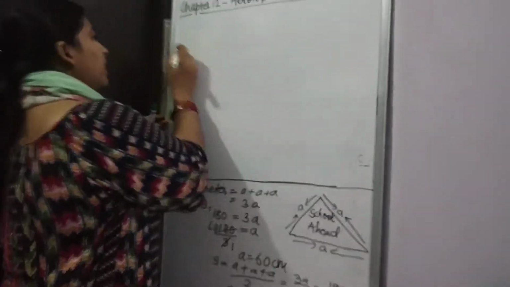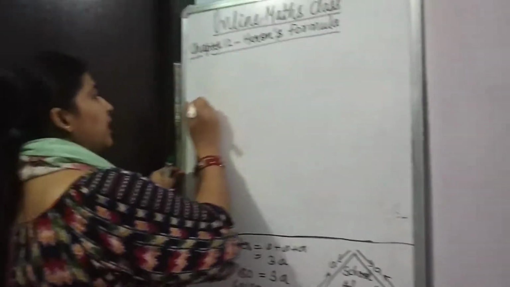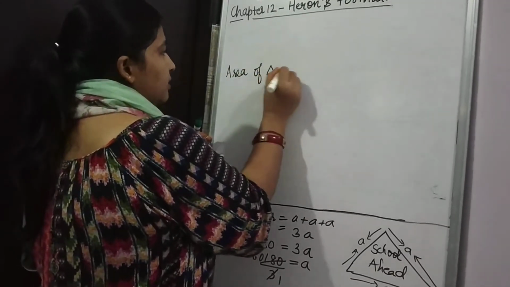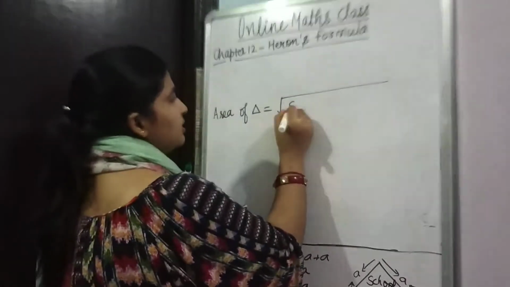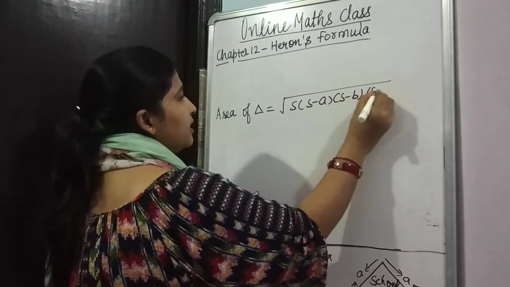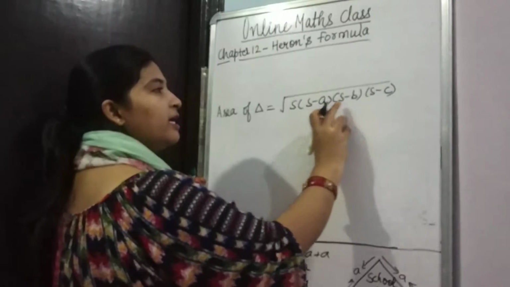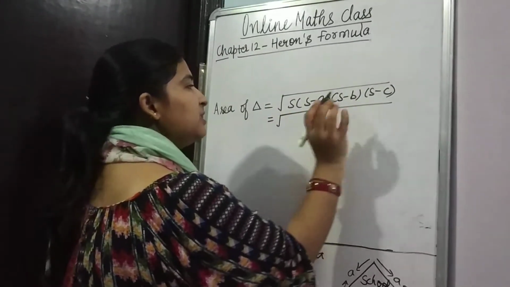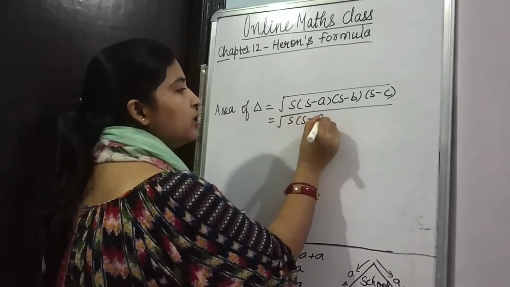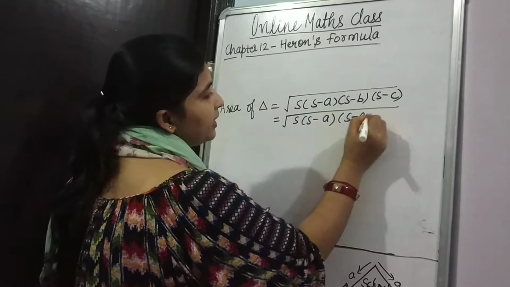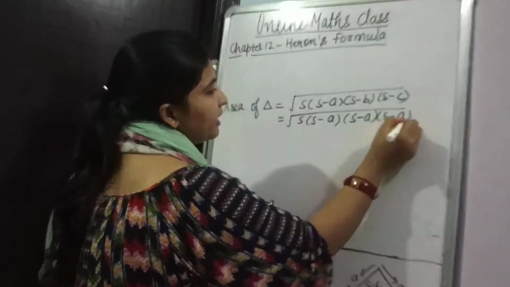Now I think you know Heron's formula. By Heron's formula, I am leaving some space, 2-3 lines. Area of triangle is under root S minus A, S minus B and S minus C. Can you see that here in place of B and C I am having A itself? You don't have B and C, you have only A, because all three sides are equal to each other. So in place of B can I write A, and in place of C also can I write A over here.